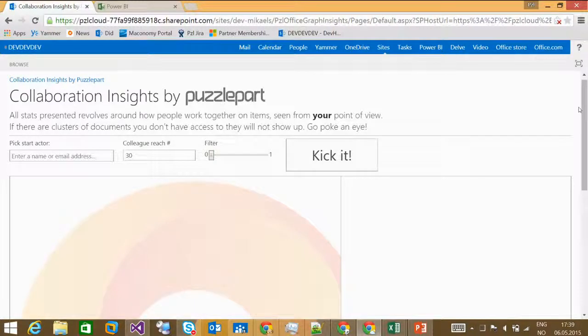So when I start this application, it will start pulling down the 1019 or 1033 actions, which is my public and private signals for the ones I'm working with. Working with signals are made up of co-authors, people you send emails to, and also from your organizational structure. Our company doesn't really have an organizational structure, so we actually had to fix our AD so everyone reports to the CEO, just so we had some structure, because I didn't get any people in here at all. Well, I only got the few people I send emails to, so I don't send that many emails either. So let's kick it off.